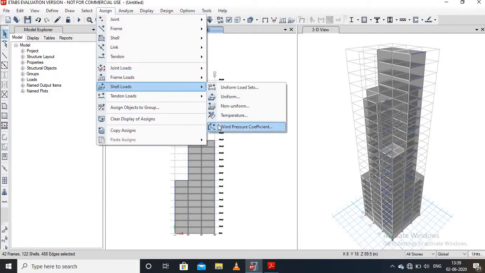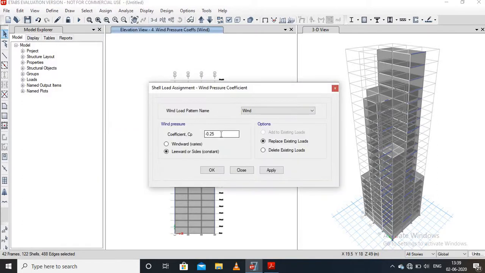In this case the wind pressure coefficient is minus 0.8. Change it to minus 0.8, leeward side, then apply, then OK.